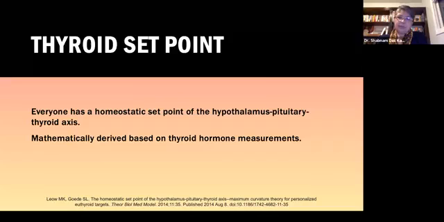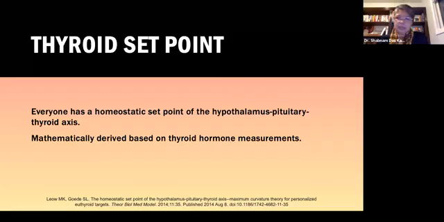Singapore is a very mixed place, so there are people of different ethnicities. However, I've been talking to them, and in people of Indian origin, it has not yet been validated. However, it is important to remember that all your patients will not feel the same at a, in air quotes, specific TSH level or specific T3, T4 level. Some people may feel better at a lower TSH, and obviously you may need to increase the dosage of their drugs, but also bear in mind that you cannot reduce the TSH levels to very, very low levels, because